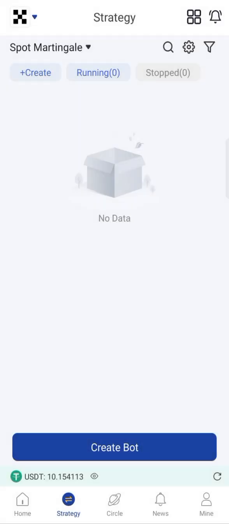So in totality, if you want to trade, the first thing you need to ask yourself is, what type of coin am I going to trade? Is it a coin on the spot trade, or is it a coin on the futures trade? Because there are some coins that are on the spot trade which are not on the futures trade. So you need to ask all these questions. Then you take a decision. Okay, I'm going to do spot trading, and then you choose the option for spot trading.